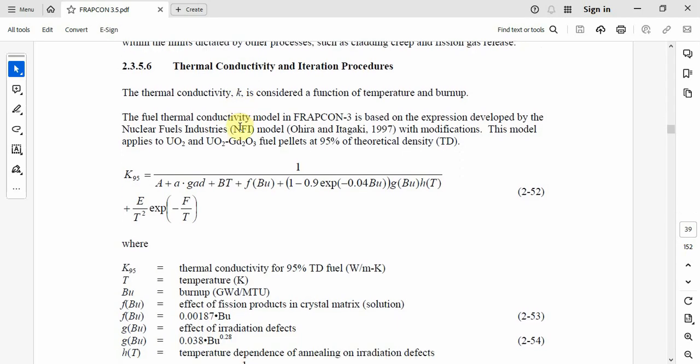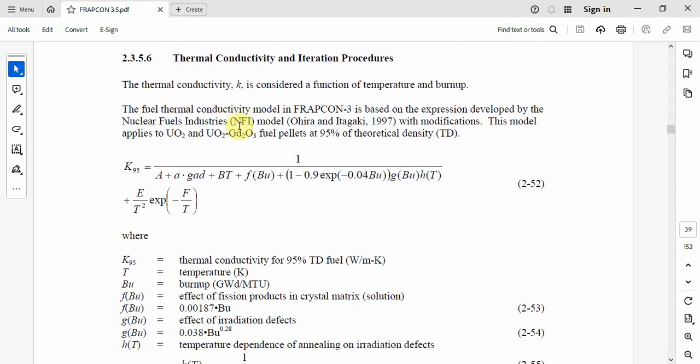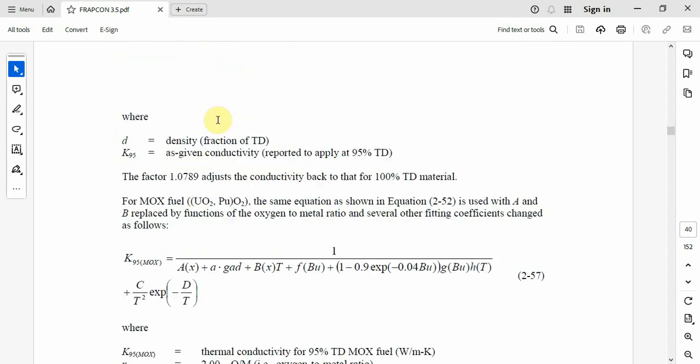And as you can see here, the thermal conductivity and filtration procedures in the FRAPCON use this model to calculate the thermal conductivity. Okay,